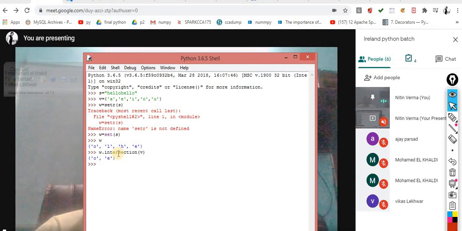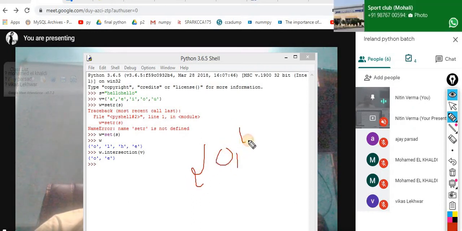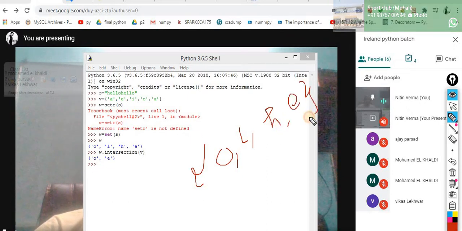Now what I did, understand it. In W, what is there? In W we have O, L, H, E. This is the data inside W after converting the string into a set. Now inside V, what do we have?